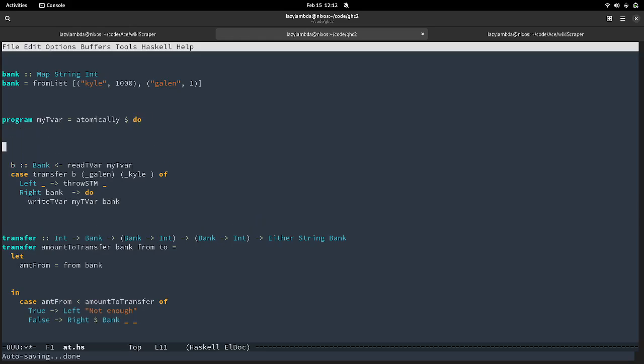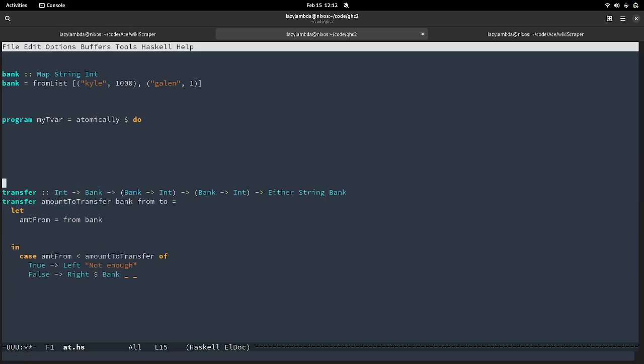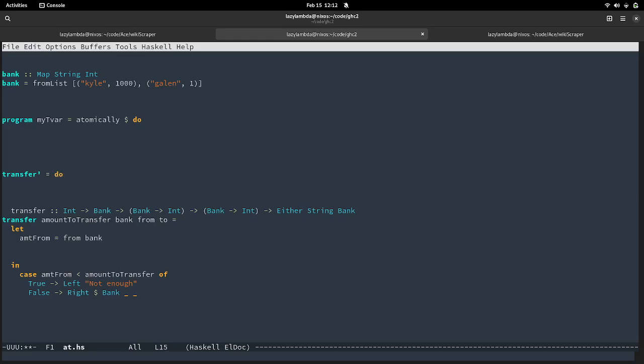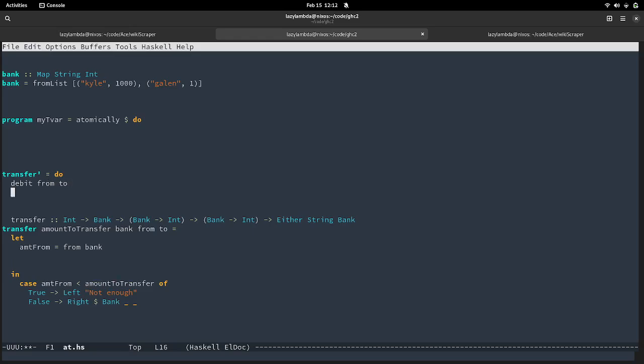If we wanted to write this in a way that takes advantage of atomic transactions, we would say that transfer is instead, let's call this transfer prime, going to do debit from, credit to, and this is what transfer is going to do.